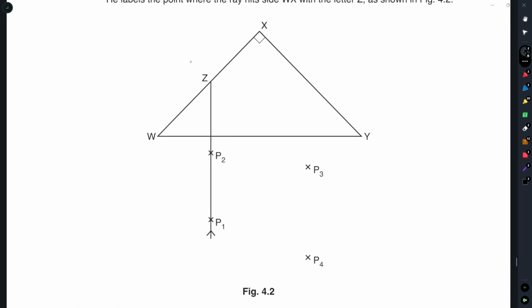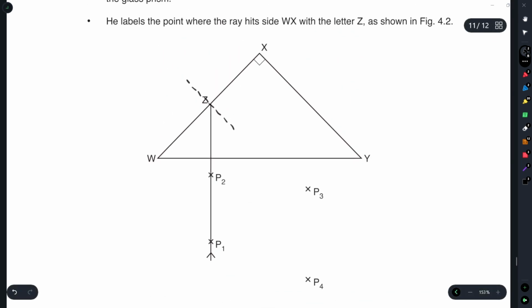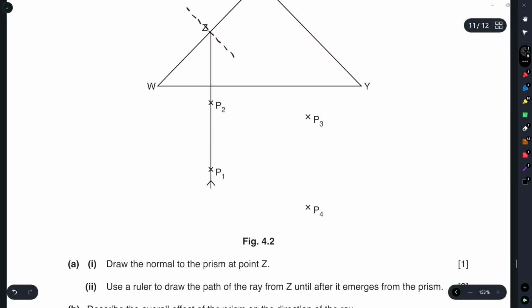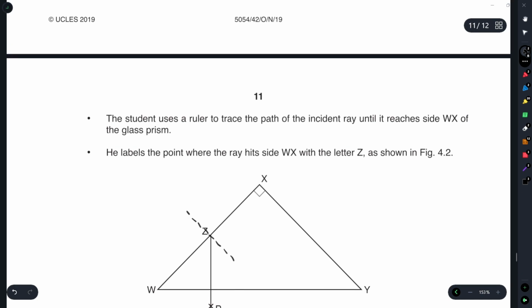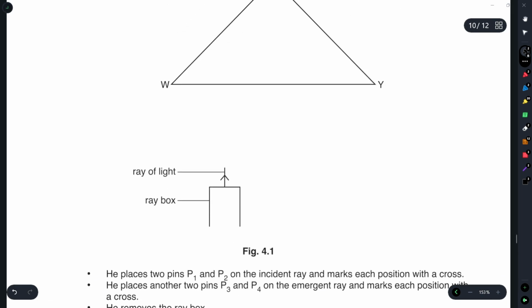Z पर normal बनाना would be drawing. Again आप जो है वो accurately बना सकते हैं using a protractor. I don't have one right now on me. Use a ruler to draw the path of the ray from Z until it emerges from the prism. तो अब जाहिर सी बात है आप यहाँ पे एंगल लेंगे and maybe the question mentions something about